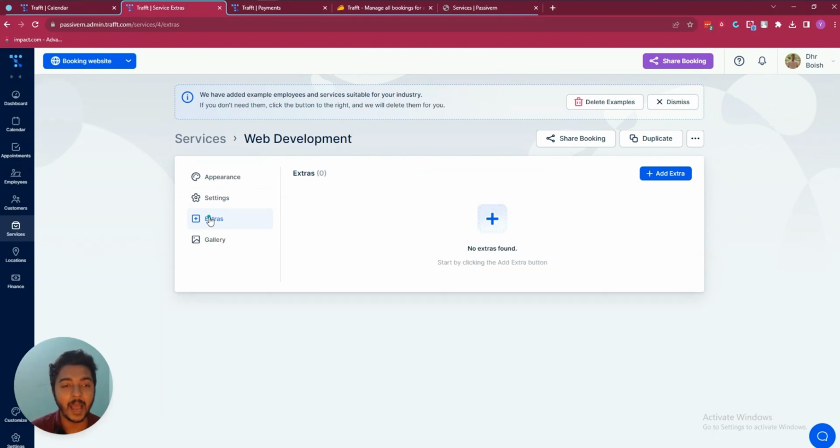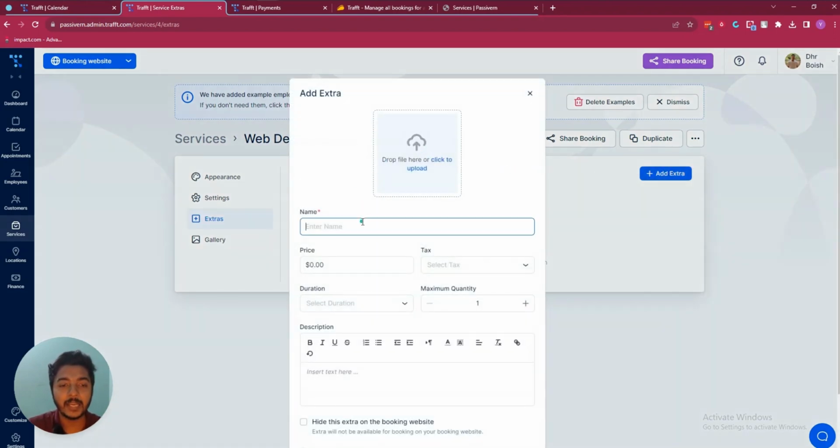Let's say you have some upsell for this service. Let's say when you are providing web design or web development service, you can also provide maybe website speed optimization service, or graphics design service, or digital marketing service. Anything can be, right? So you can just click on this add extra, and then here you can insert the